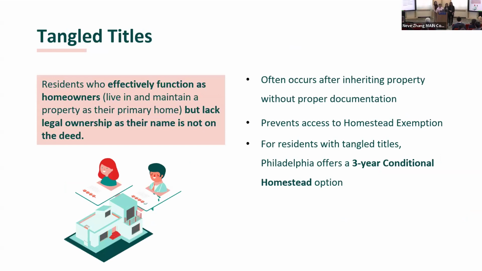Tangled titles are also an important challenge to understand while analyzing this data set. A tangled title occurs when somebody effectively is functioning as a homeowner, but lacks the legal rights associated with it. The City of Philadelphia does offer a 3-year conditional homestead for residents in this situation. And this understanding is crucial because it helps us identify that there's a specific subset of homeowners who might need